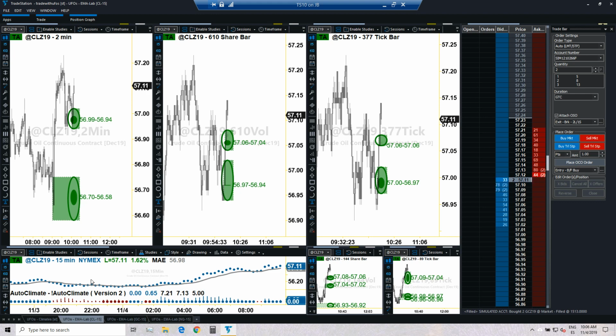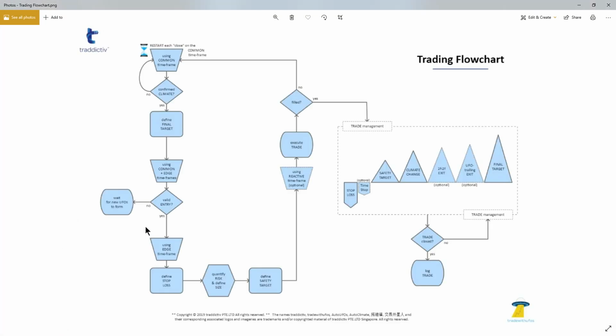Okay, and of course, what we don't want is to take so little that it is not even worth going fishing, right? So that's why the rule that we have, when we talked about the flowchart, is that when you define a safety target, if the safety target was to be beyond the final target, then the trade is not valid. So the trade that we had today is a trade where the final target is actually 8 pips beyond the safety target. So the trade was valid. And if you were to take it, you are that fisherman grabbing whatever fish is given to you, so job well done. My point, and the reason why I said the trade is not valid and I'm not going to take it, is that there are many other currency pairs.